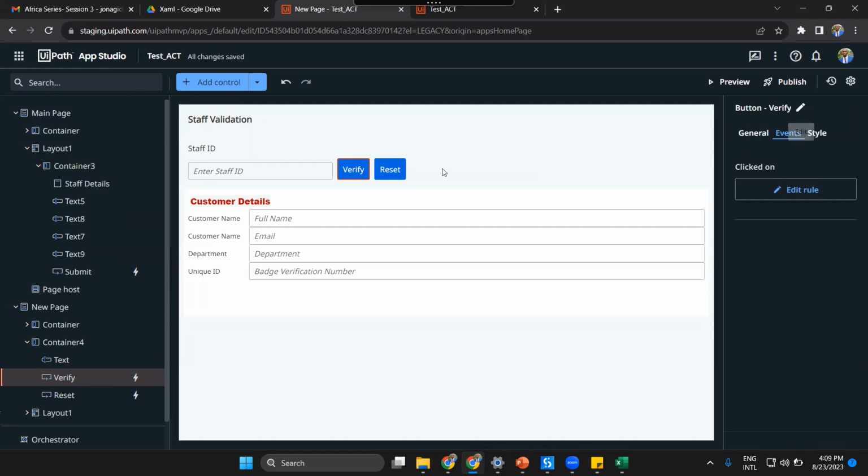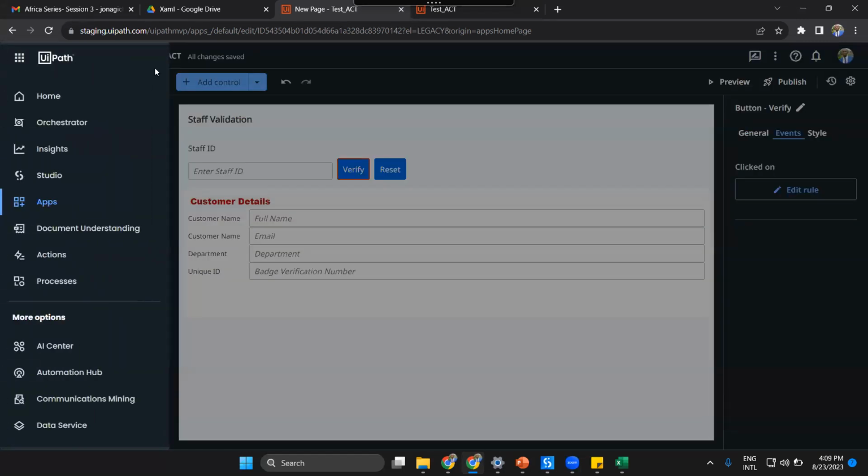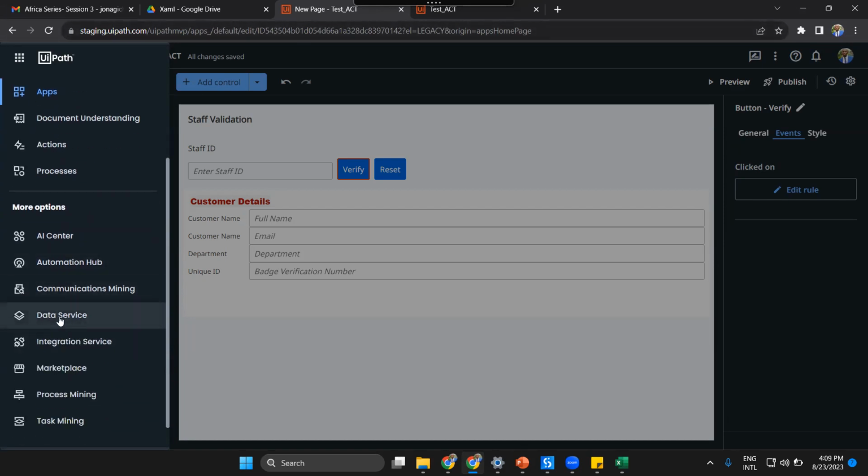So how do you get started with data service? Once you log into your cloud, I know we are now conversant with our cloud platforms. Once you log into your cloud platform and you scroll, you'll be able to see data services. In some instances, there are some cases whereby you might have not